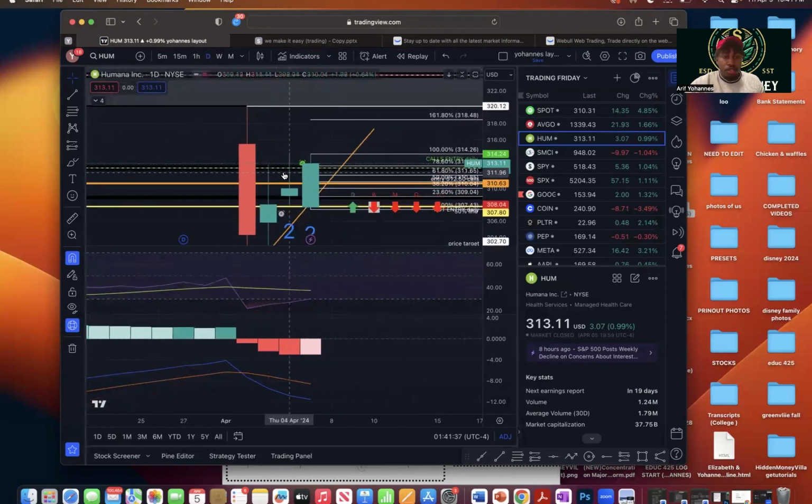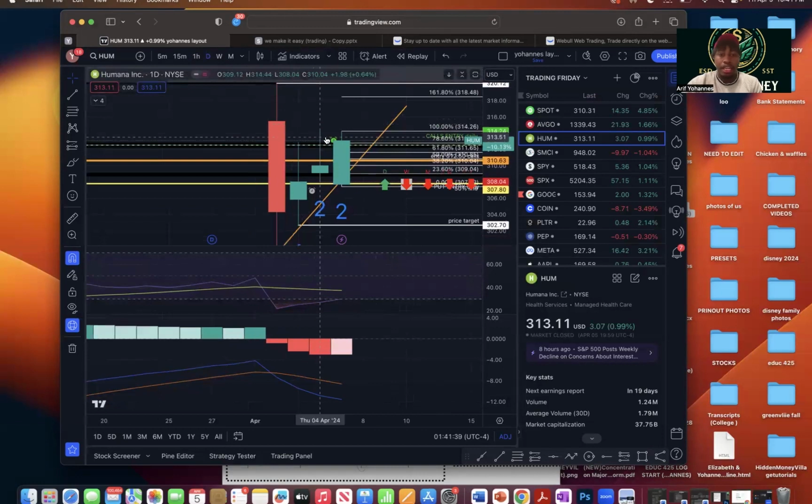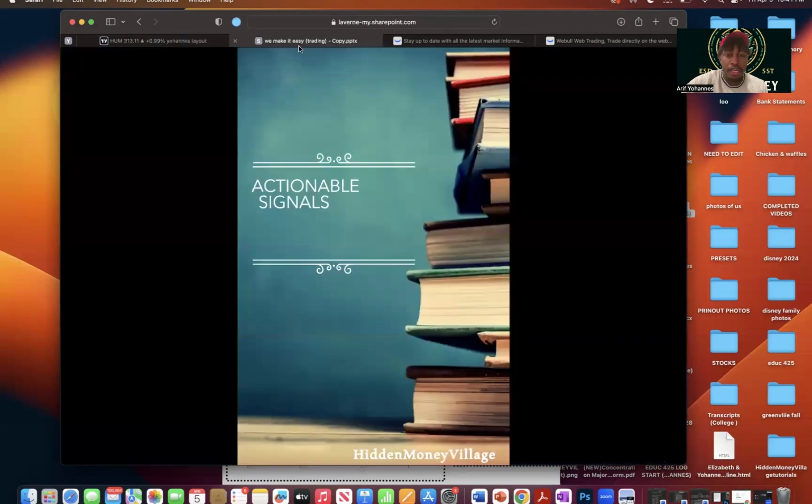The reason I'm showing you this one is because you can see it didn't go up that much, but it still came up and it broke at 312. It just went to 314. You would have made 20% profits. You still could have taken your money and been good. And so, if I go back to our thing, that is actionable signals. This is video 4. Now it's time to go to video 5 so I can show you guys even